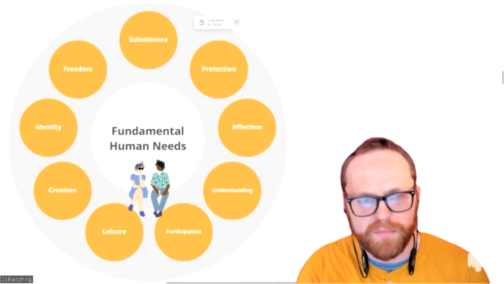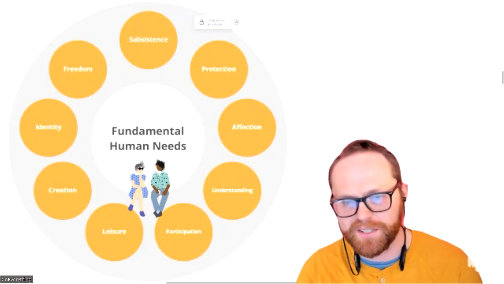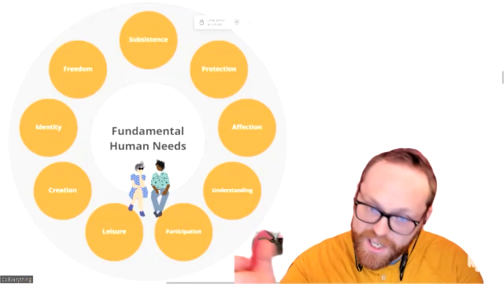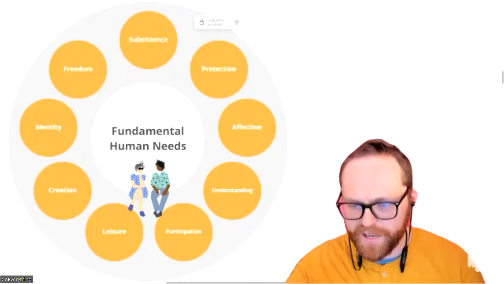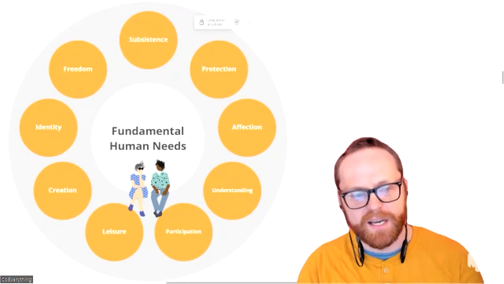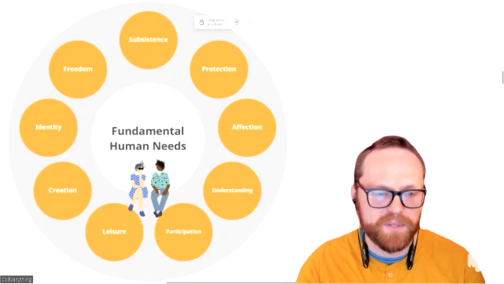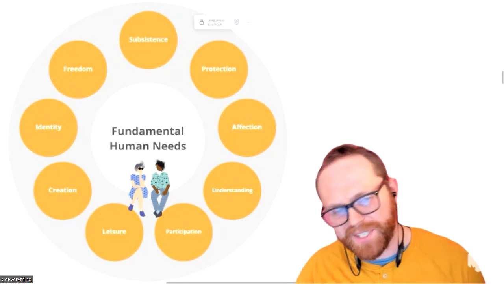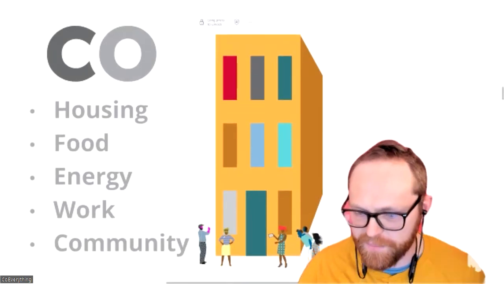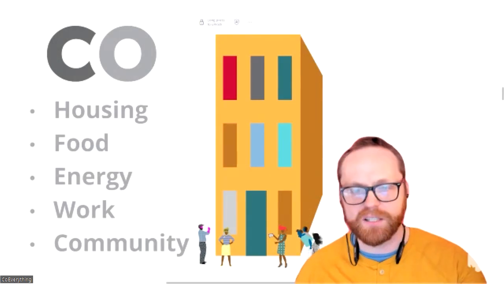And while we may use this spectrum here, which talks about things like subsistence and affection and understanding and participation, all of these things, which in this theory you could see diagrammatically there, it's within one of the Os that we had from our previous diagram, within the Co of CoEverything. All of these things exist, and our theory is we can't have any one of these pieces unless we have all of these. For the sake of today, we won't go in depth into how our work touches on all of those, but we will talk about some of them. We'll talk about how the Co affects these things within everything.